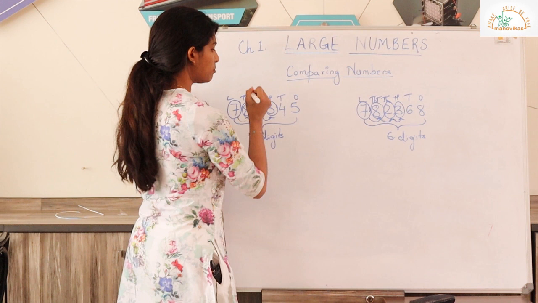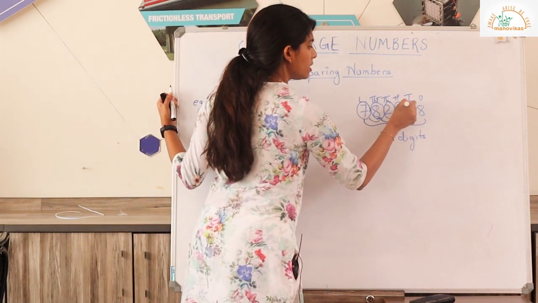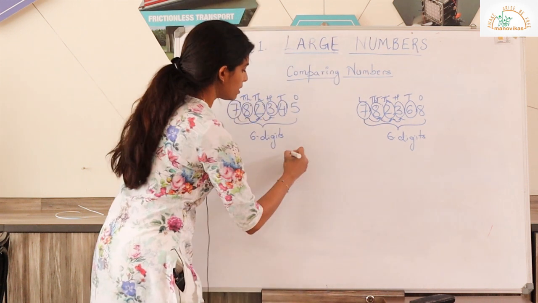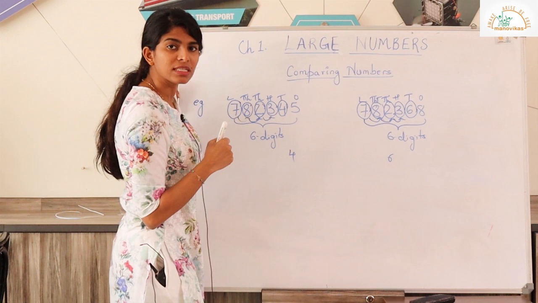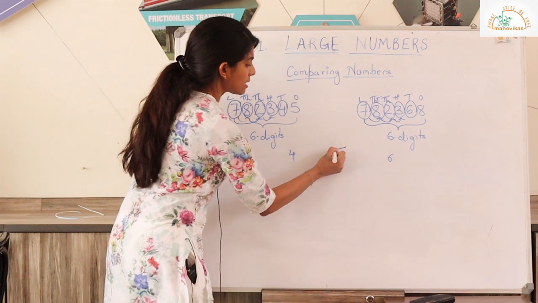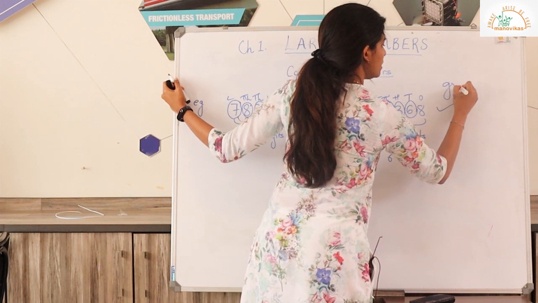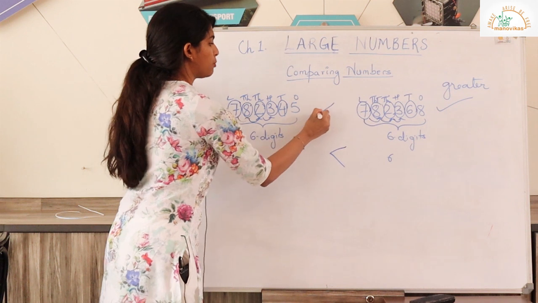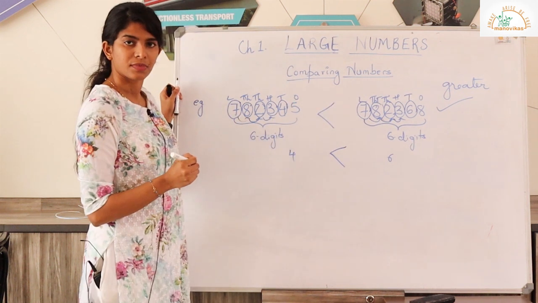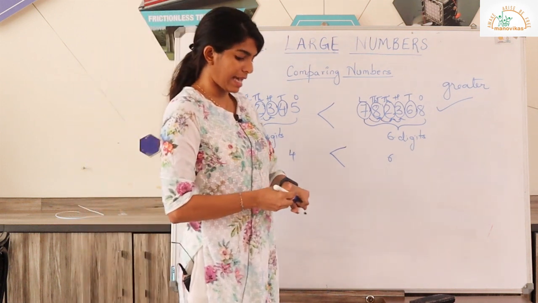Next we will move on to the next number. We have here 4 and we have here 6. Now can you tell me which number is greater? Yes, 6 is greater than 4. That means this whole number is greater than this number. So I'll put a sign like this. Alright, so now let's start with the exercise